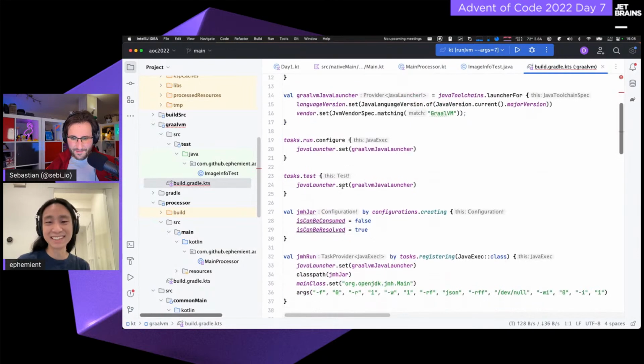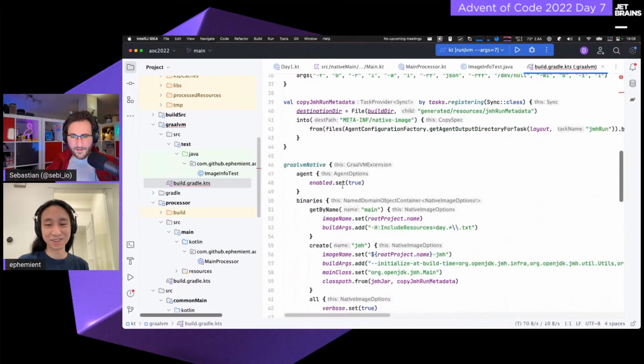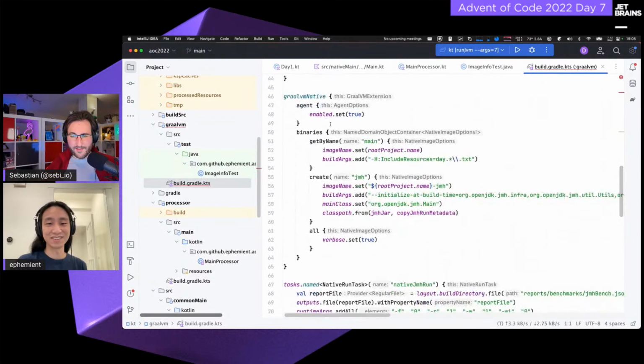So it's a bit tricky, but it's set up so that, as long as you have Graal VM installed, it'll be able to basically build your program into a native program. And without going through Kotlin native.